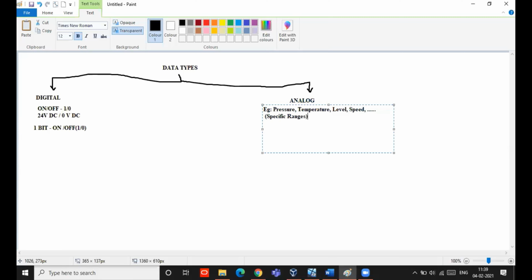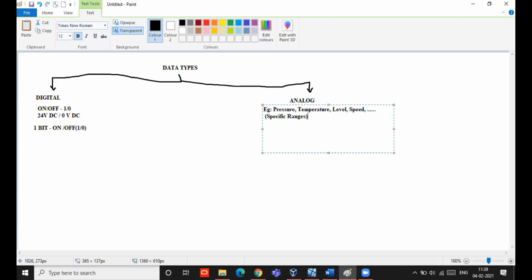For example, I have a boiler and I have to measure the pressure or temperature of that particular boiler. It will start, for example, at 100 degrees Celsius or 200 degrees Celsius, 150 degrees Celsius.